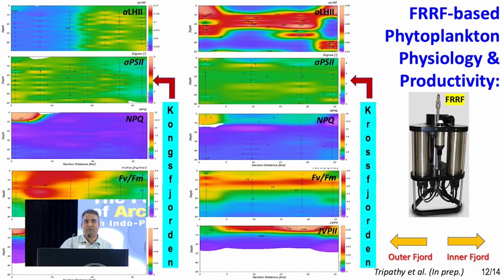because not all the light received by phytoplankton is utilized for carbon fixation. Some of the light is returned back to nature. The fourth panel shows the efficiency of the conversion of light energy into biochemical energy. And the last one shows the carbon fixation efficiency. These kinds of parameters can give us a very clear picture of what is happening in situ, in a very detailed manner, so that we can interpret the response of the environment to the changing